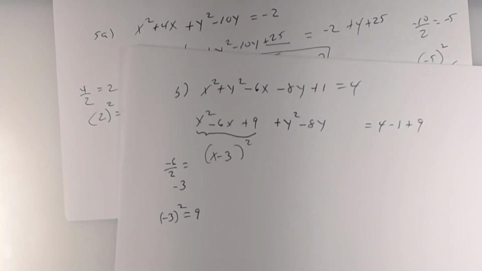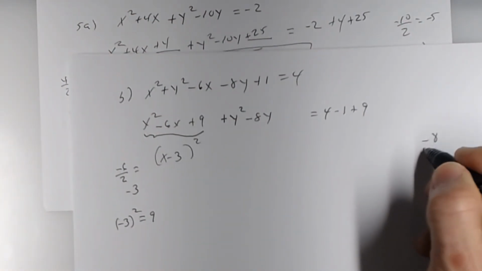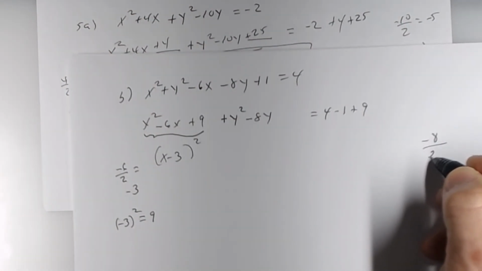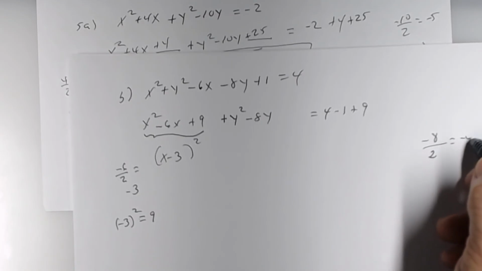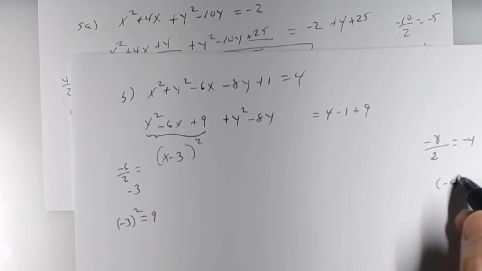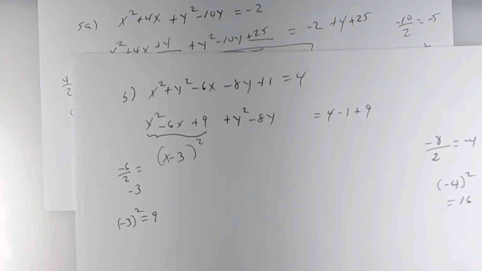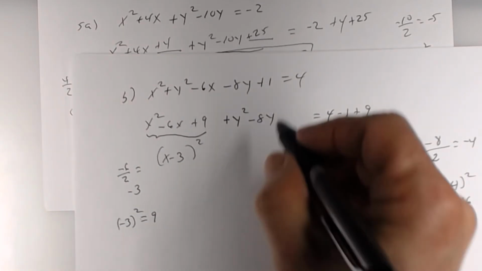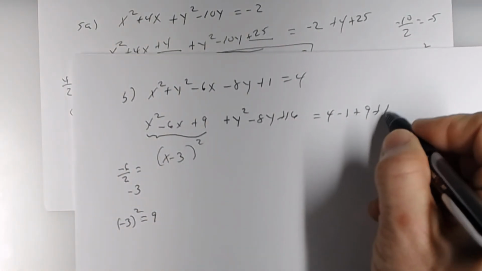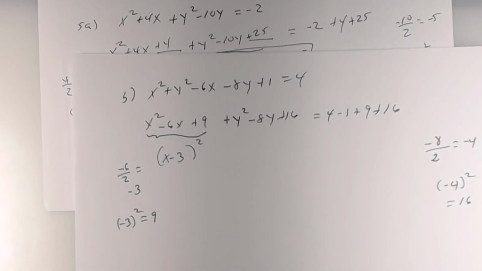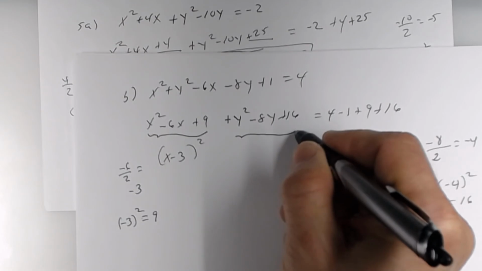Now let's do the y's. What's the coefficient of y? Negative 8. What do I do to it? Divide by 2. What do I get? What do I do with that negative 4? What do I get? And what do I then do with 16? Add it to both sides. Plus 16, plus 16. If I'm doing this correctly, this trinomial right here should now be a perfect square,